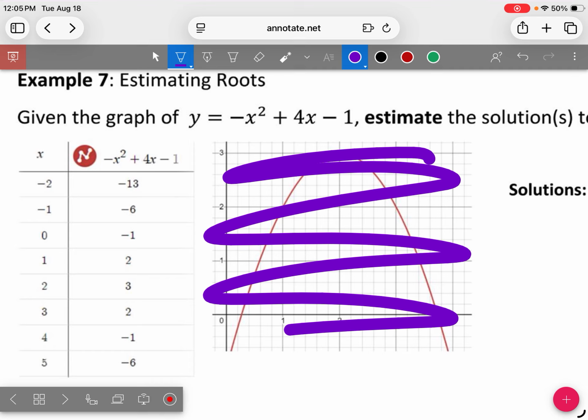Almost done. So look at our y values. So y is negative here. What about the next one? Negative. What about the next y value? Stop right there. I changed sign. The y value changed from a negative to a positive. The only way that can happen is if it crosses x. So that means that I have a solution